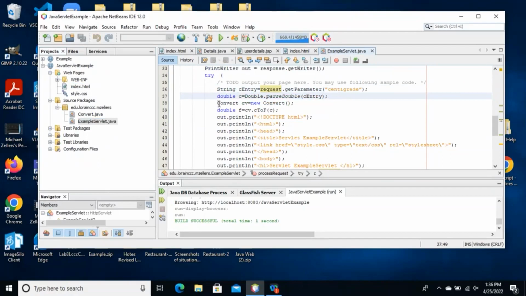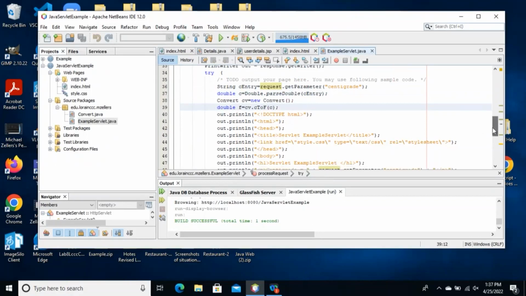Then I create a new convert object. Now, we could have done something similar to this in the JSP page. We just chose not to. I create my new convert object. I call the convert object's centigrade to Fahrenheit method, pass it the value in centigrade, and then I output this